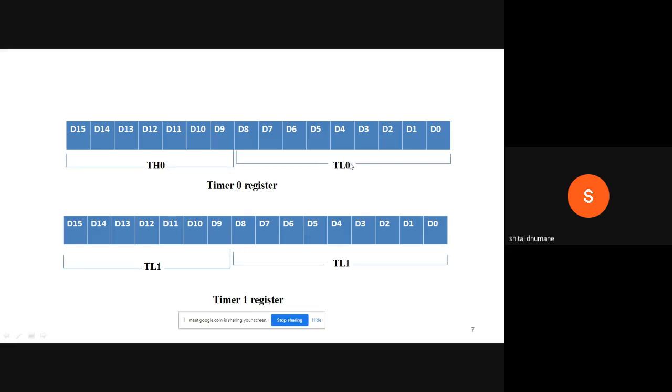TL0 contains the lower bits and TH0 contains the higher bits. D0 to D7, 8 bits, are in TL0, and D8 to D15, 8 bits, are in TH0 for timer 0. Now for timer 1, it is again divided into two 8-bit registers, TL1 and TH1.